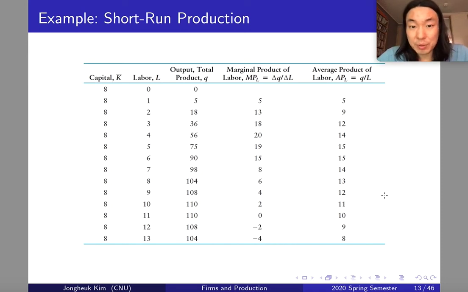Your marginal product of labor can be negative. Let's see labor increasing from 12 to 13. Okay, so you can just keep increasing your labor, which means that you keep hiring more workers in your kitchen,